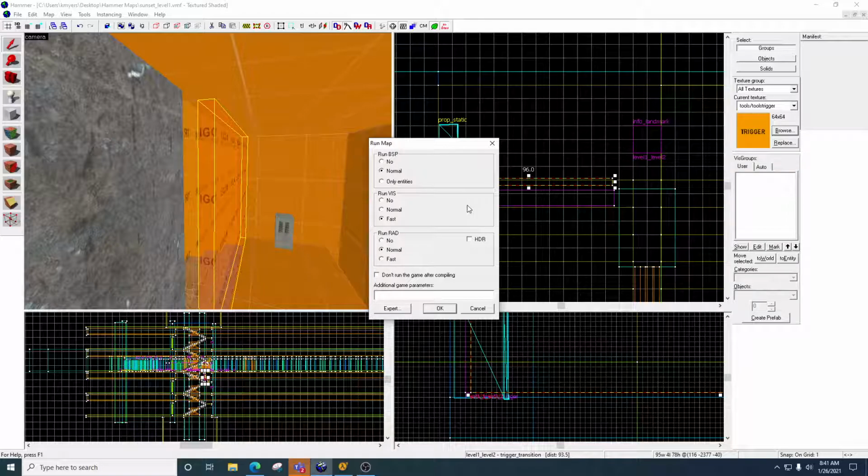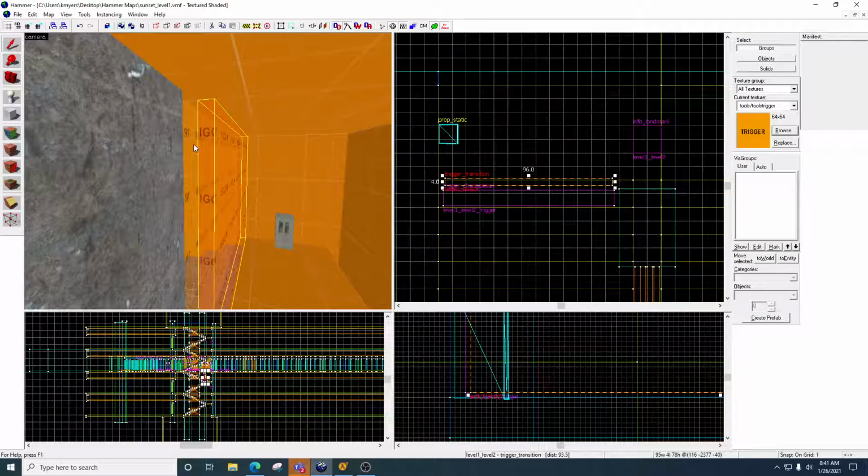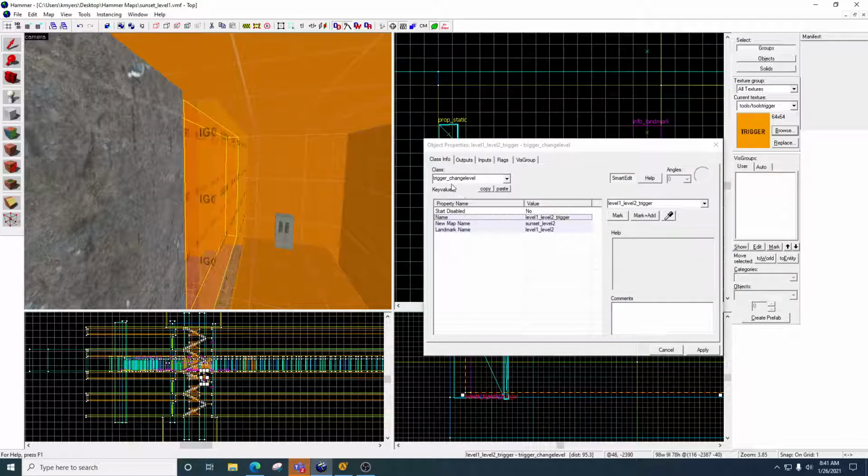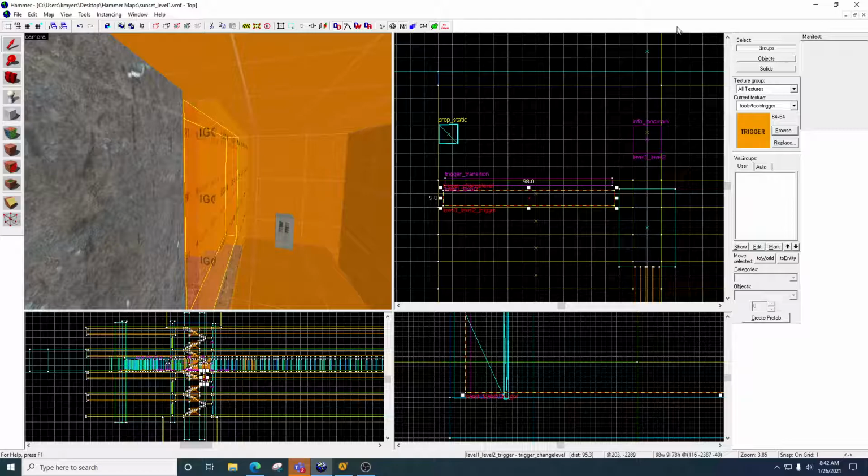Now don't forget, you need a trigger change level and trigger transition on both maps. They're configured exactly the same. When you make your trigger change level, start disabled, no. The name, name it whatever you want. The new map name is the map that you're going to. So if we look at my other map,